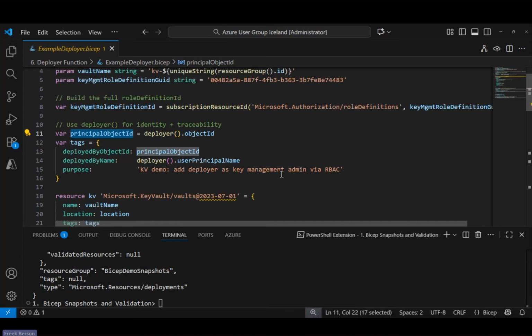And the same thing you can do for user principal names. So whenever you want to define or find out who is deploying it, not just the object ID, you can also add this line right here to, at runtime, receive the user principal name of who is deploying it and use that across your Bicep template as well. So a great function, again, is the deployer function.